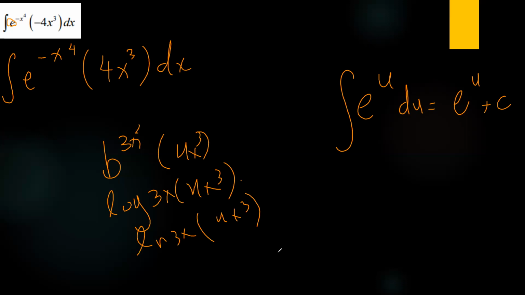That is, you have a number times a number, so here you have to use the product rule. And if you have e raised to the power u times